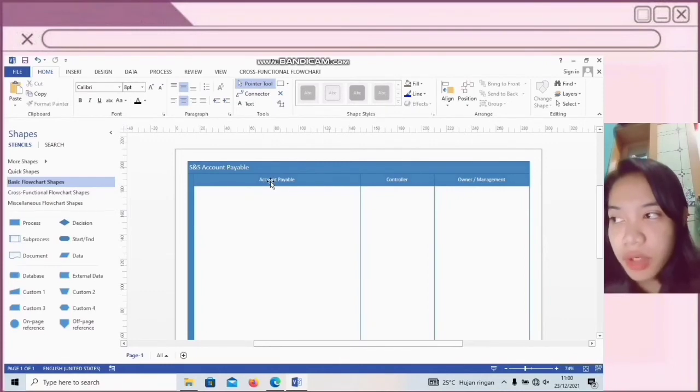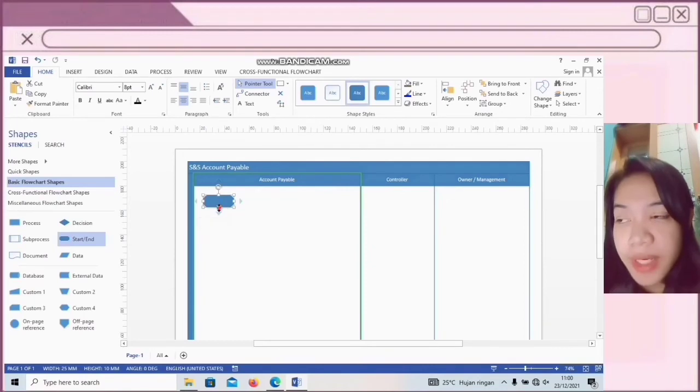Now, we start to create a flowchart of SNS account payable. First, we create a flowchart for department account payable.